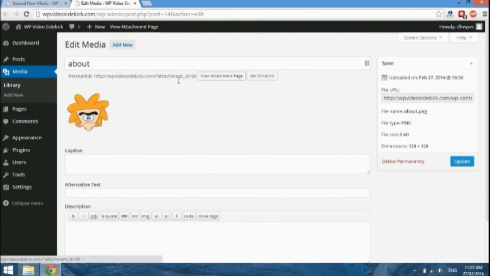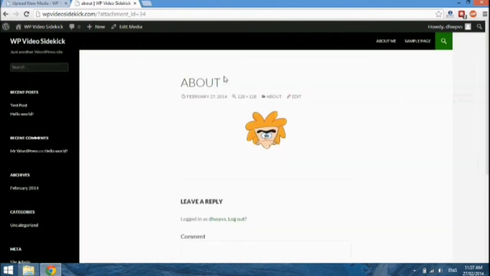One of the things that happens when you upload the media to your media library is that an attachment page will be created. So if you click View Attachment Page, then there's a standalone page on WordPress that has your media. And in this case, it's an image, so it's being displayed. But for some of your media, such as a Word document, what would happen is you just see a link, and if you select that link, you'll be able to download it. Go back